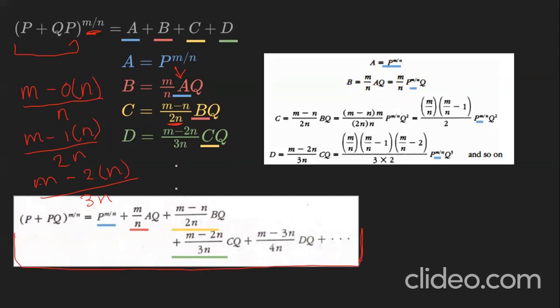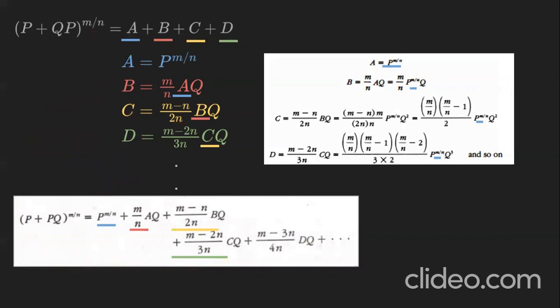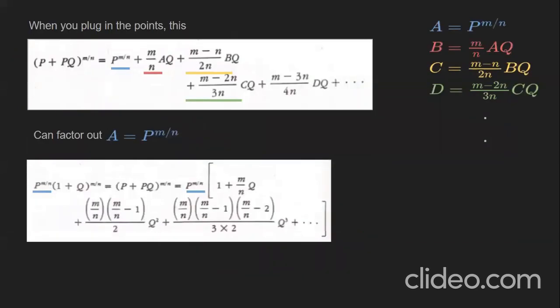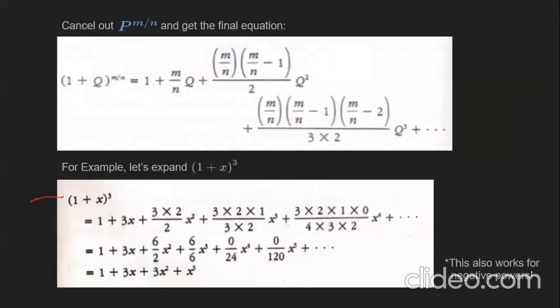And when you multiply the whole thing by A, you know that in this term B, there's something being multiplied by P to the M over N, and in C, there is also something being multiplied by P to the M over N. So eventually you get to a point where you can cancel out P to the M over N. We could go through how he simplified that, but that kind of sucks, so we're going to move on. So Newton got to this final equation.